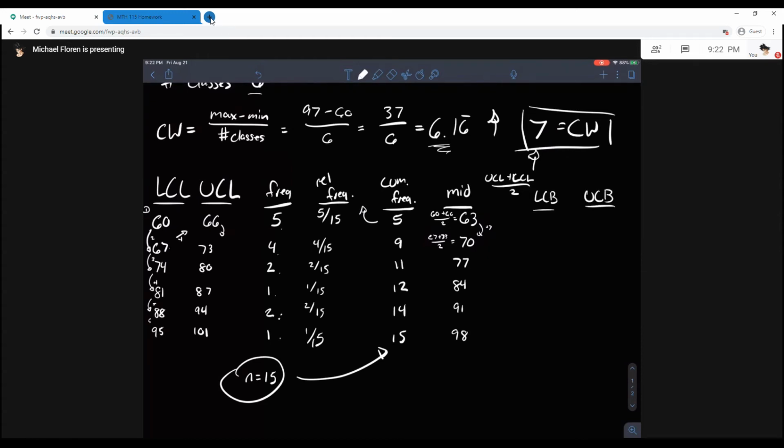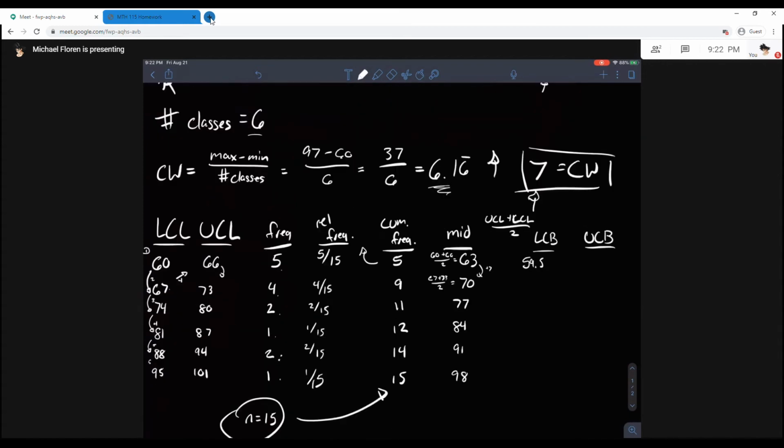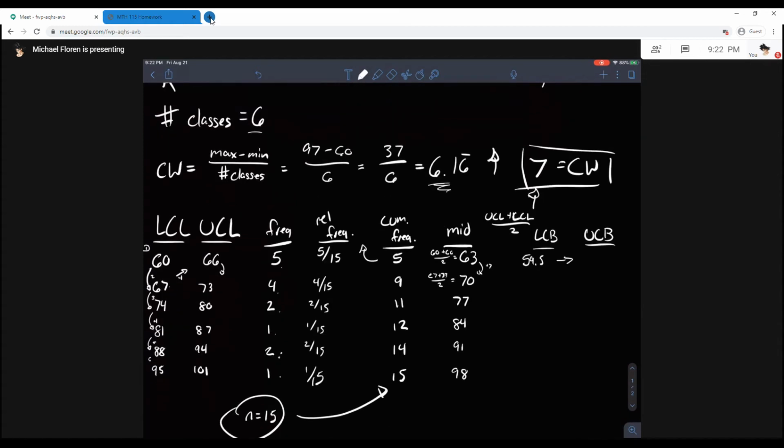And this will give me everything that I need to start writing out a whole bunch of plots so that I can practice my plotting too. So my lower class bound, I start with the smallest value. So I start with this 60 number that I was using earlier, and then I subtract 0.5. So 60 minus 0.5 is 59.5. And then I add the class width to get the upper class bound. So the class width is 7. So 59.5 plus 7 is